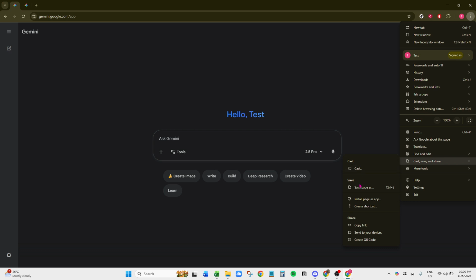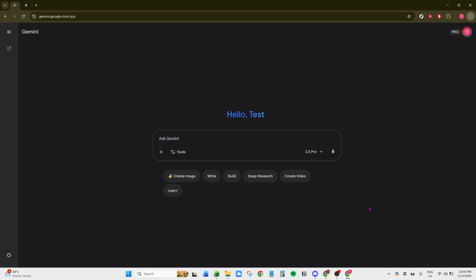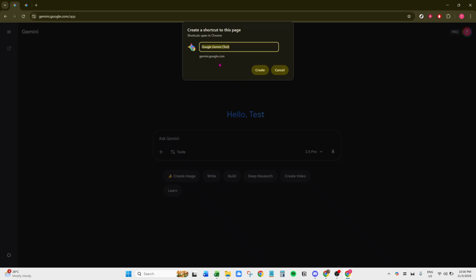installation process. From this menu, select the option to Create a Shortcut. This action is crucial as it effectively allows you to install the Gemini app on your Windows operating system. By creating this shortcut, you're essentially adding the app to your desktop environment, making it easily accessible whenever you need